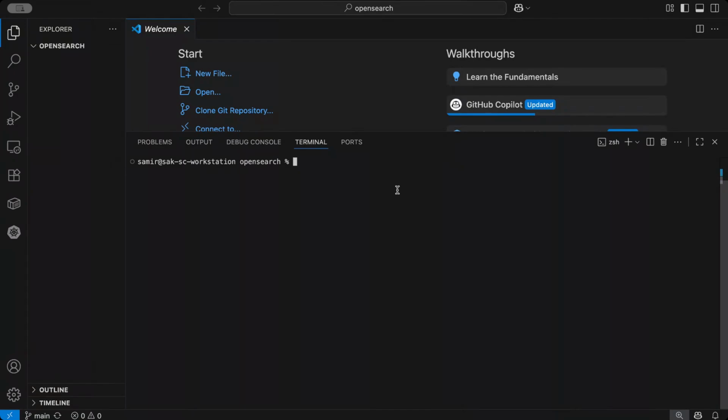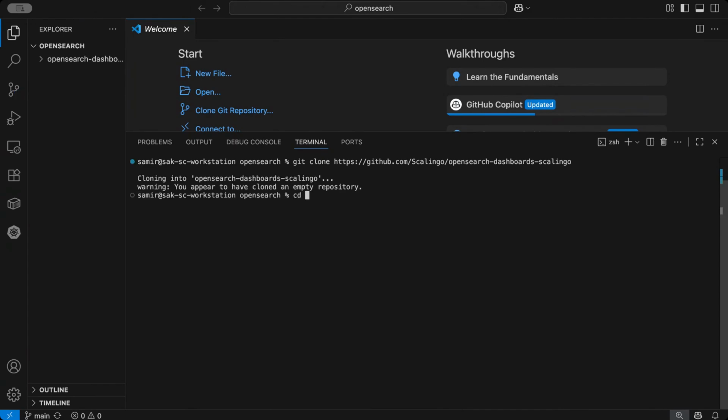Okay, so now the first thing to do in the IDE will be to clone the Scalingo OpenSearch dashboard GitHub repository with this command. After that, you go into this repository. Now we will add the remote, so remember the URL you copied before.